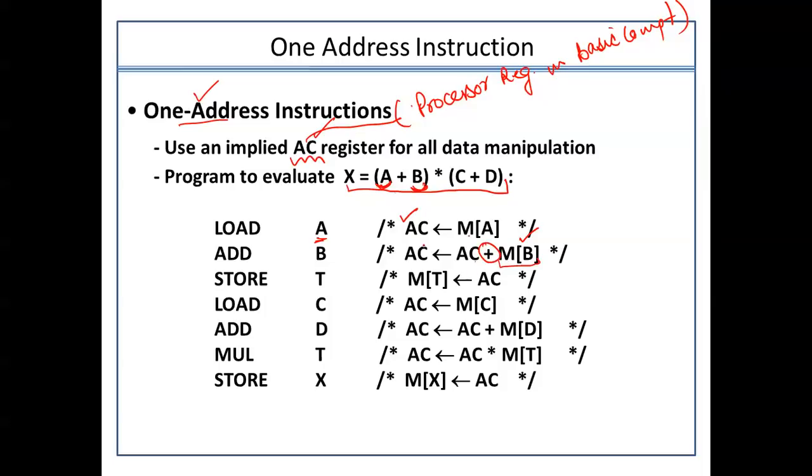Here what is happening is that in the case of one address instruction, we are simply having one general purpose register only. So there is nothing like a control word used here. The idea is that I need only refer to the memory. These memory reference operations are usually considered as a single address. So this is the point.